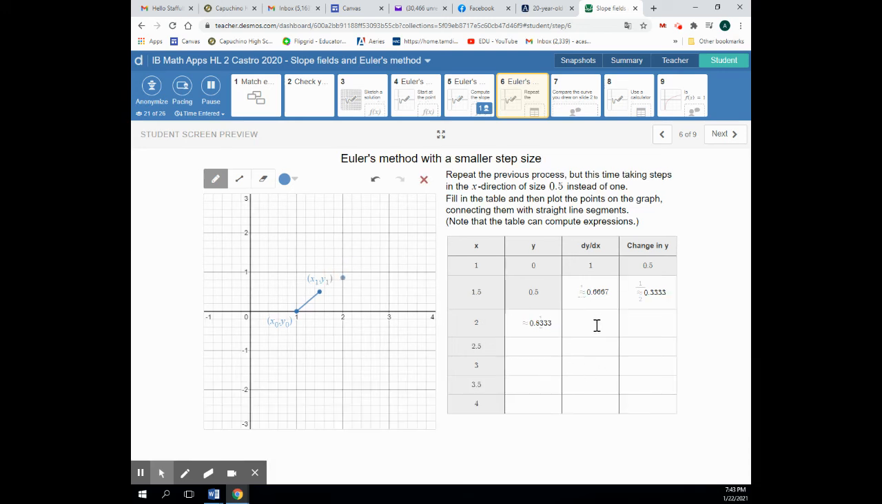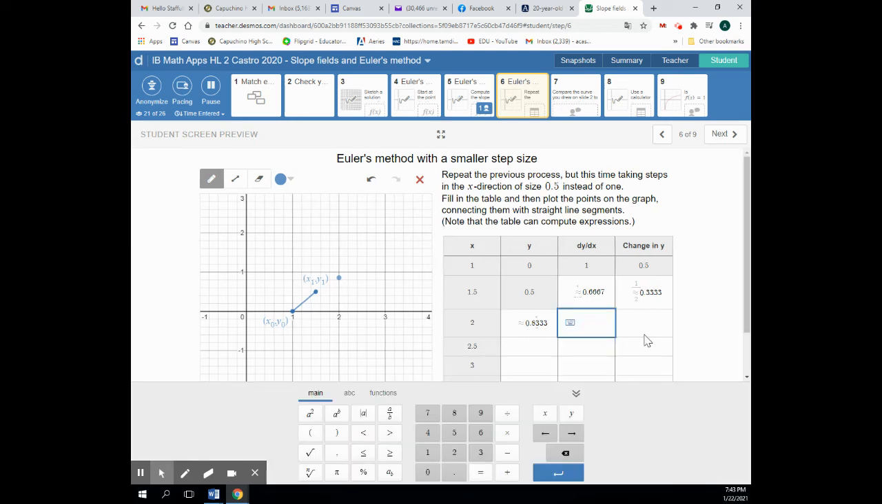Okay, then we're going to do it again. I'm going to have a new slope here. My slope is going to be 1 over x. What's my x value right here? 2. Okay, because my x value right here is 2, so the slope at this point is going to be